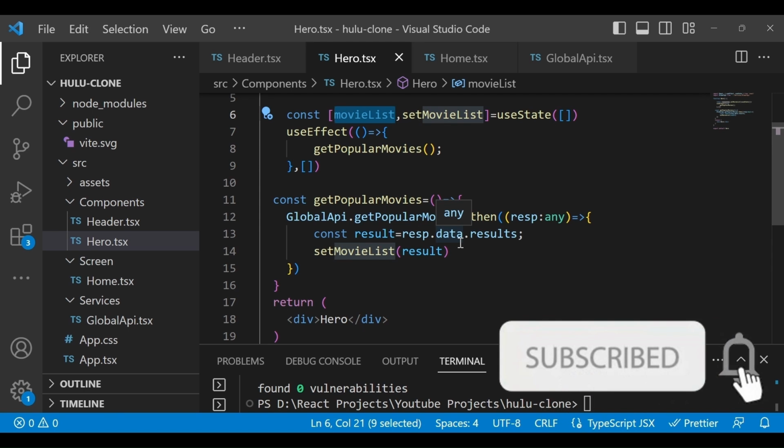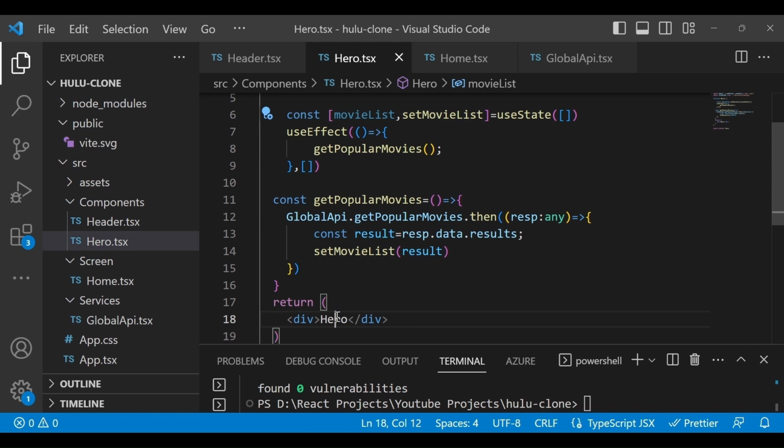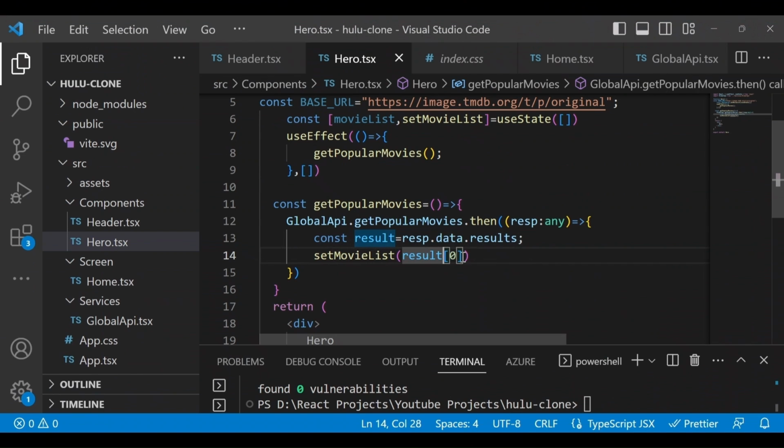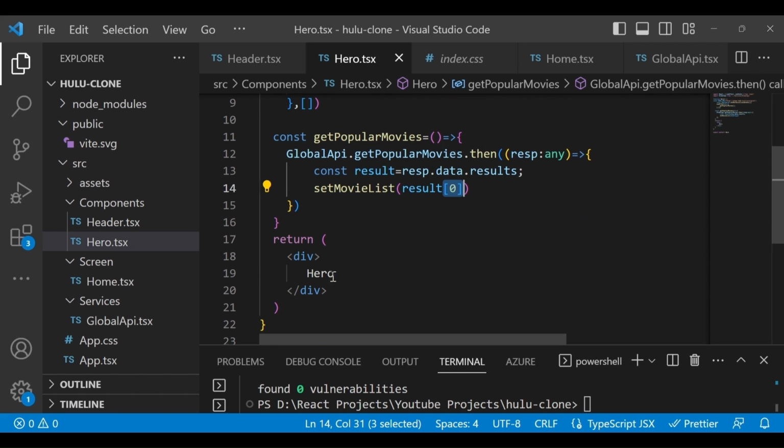Okay, so let's start designing the hero section now. Here we have the list of results, which we saved in movieList. Right now we just want one movie's information, that's why I'm just fetching the 0th element, that is the first movie item, and not everything.